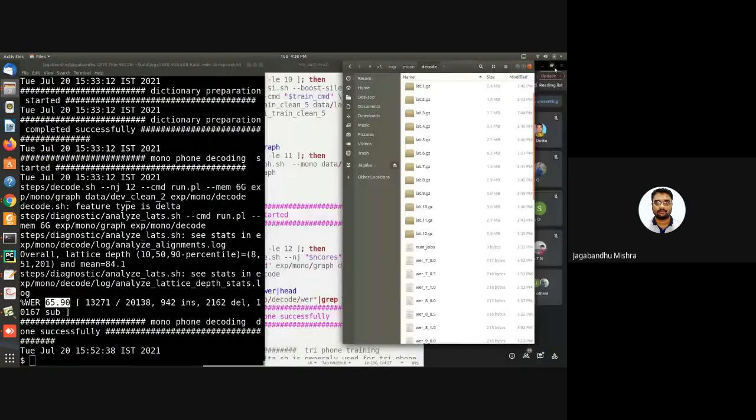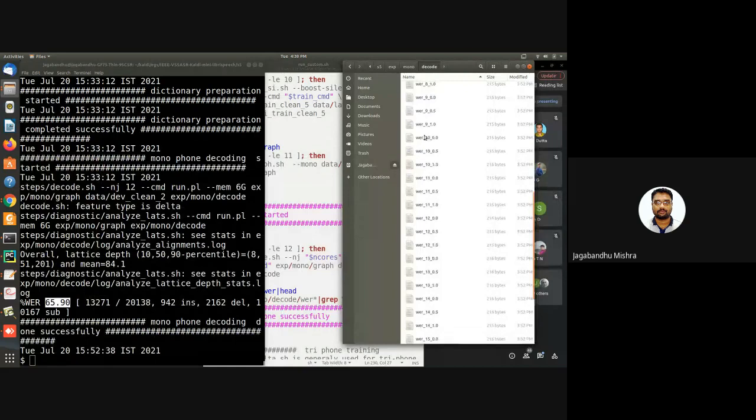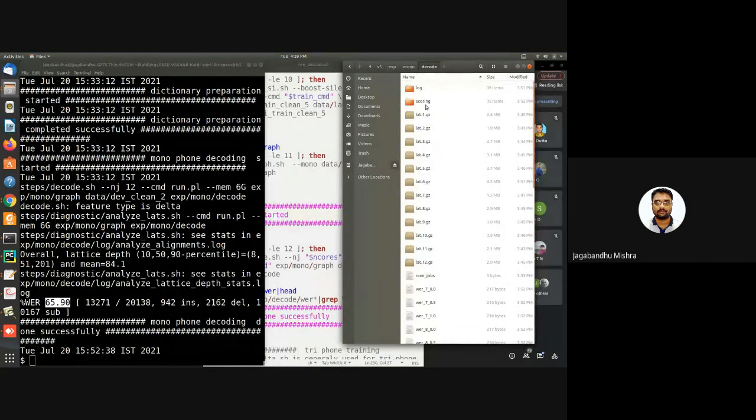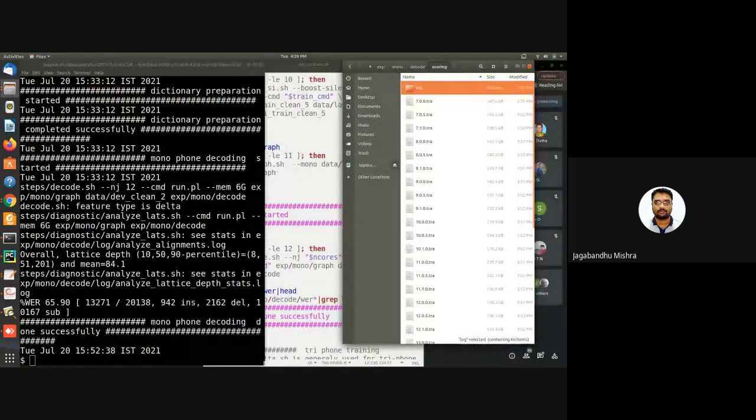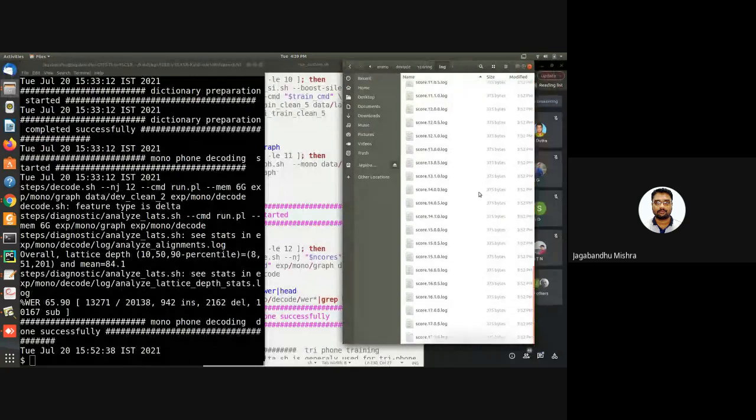If we go and see here, there are multiple word error rate files. From that we are taking the best one. With respect to these decoded files, their scoring will be inside this. You can open this. This is my utterance ID, and this is my word IDs. Now if I go to the log file, I can see the decoded files with the best